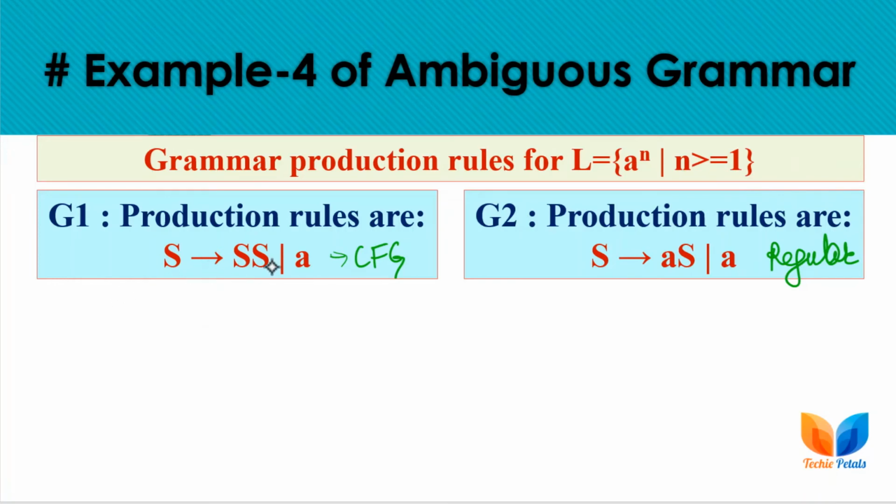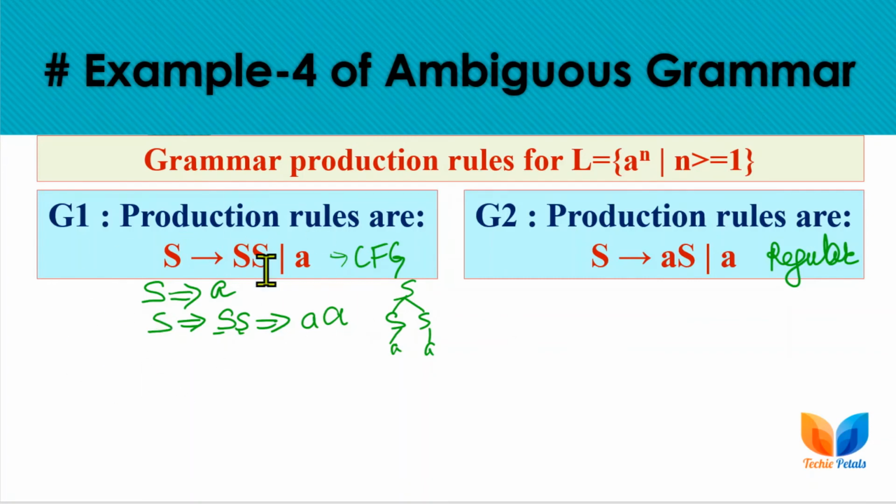From this grammar, if we are deriving a string of a single symbol, or length one, then there is no ambiguity. Even for deriving a string of length 2, we can go with this rule, following leftmost derivation only, so this is the resulting string with a single derivation tree. But if the length of the string is greater than 2, meaning the input string has length 3, 4 or anything, then we can have multiple derivation paths or multiple derivation trees from the grammar G1, the first grammar.